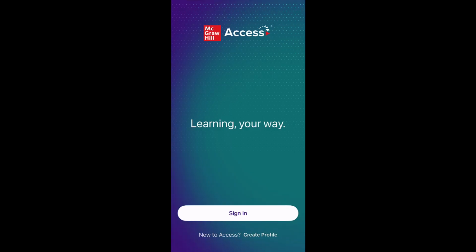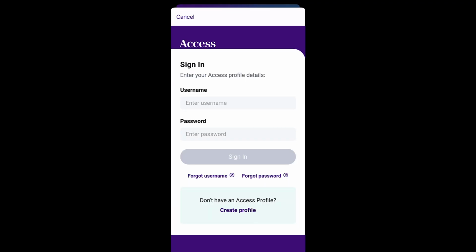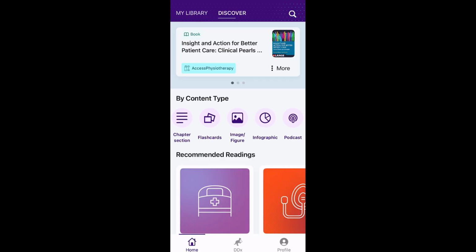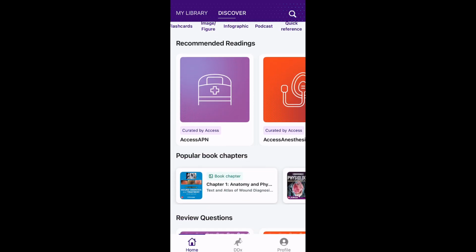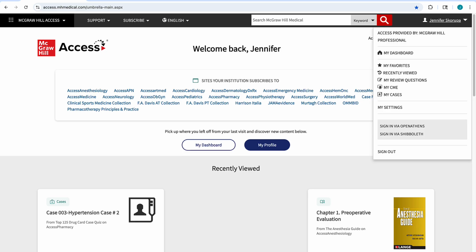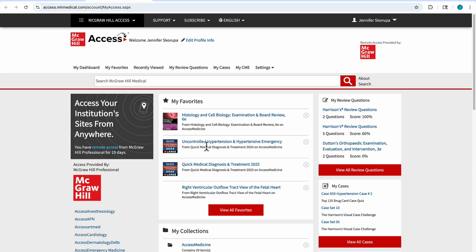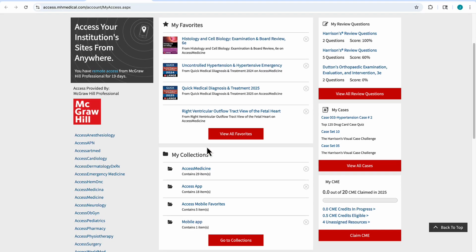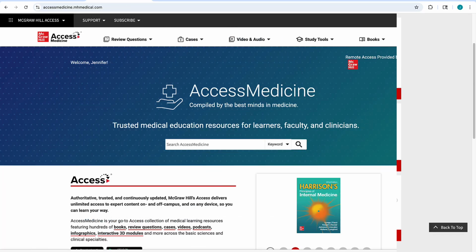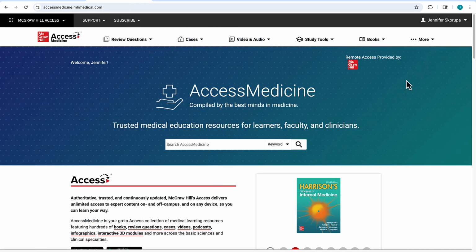Next, download the Access app for synced access across desktop and mobile, ensuring you can access critical resources anytime, anywhere. This unlocks powerful features like saving favorites, bookmarking content, answering review questions, tracking progress, and claiming CME credits for US only. The Access Medical microsites look and function similarly, though each site has its own unique collection of curated content